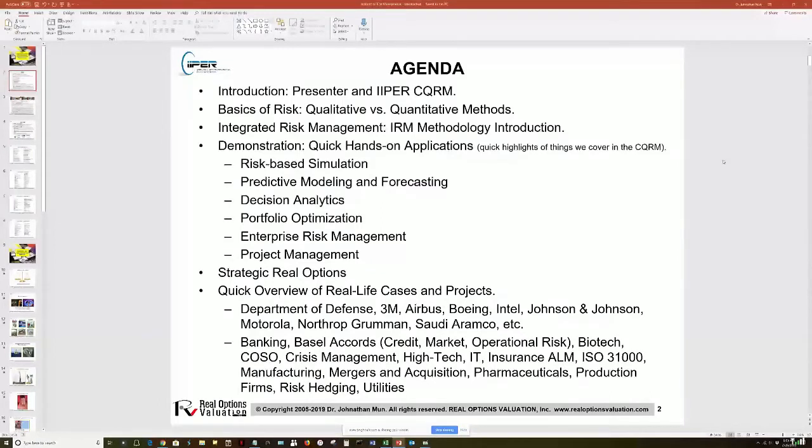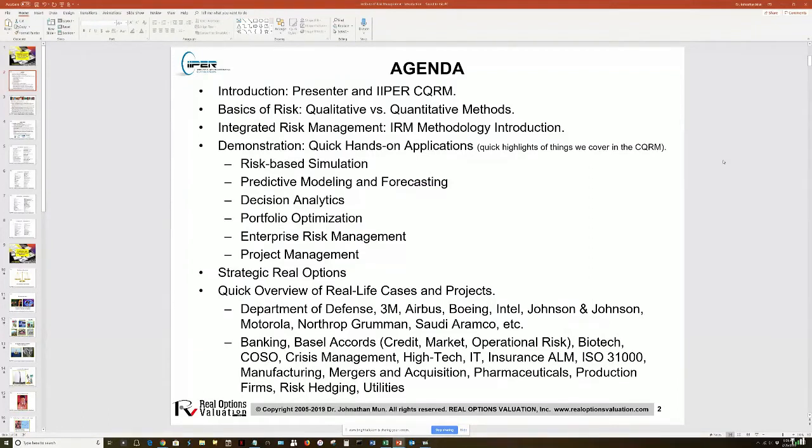And like I said, we'll do Q&A towards the end. But if we have time, we can also jump into something called strategic real options, which is a really hot topic, which is the mitigation of risk. So flexibility to be able to navigate a very risky environment, if you will. And assuming we have time, I will try to carve out the last maybe 15 minutes prior to the Q&A to give you a quick overview of real-life cases and projects. These are real projects that were done by our organization, by our consultants and so forth. And I have about 300 slides to show. So clearly I can't cover all those in about 10, 15 minutes.